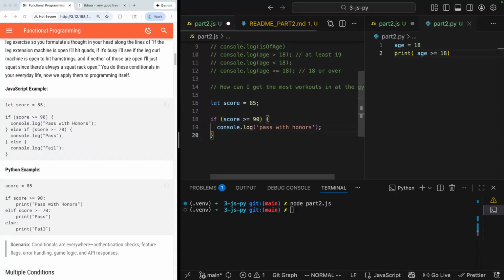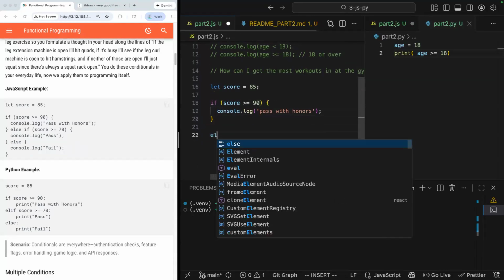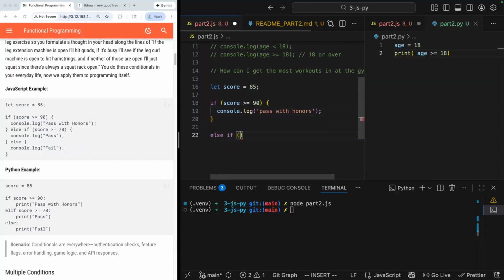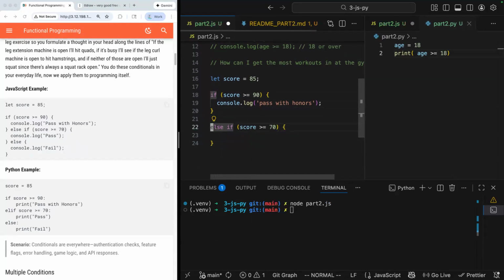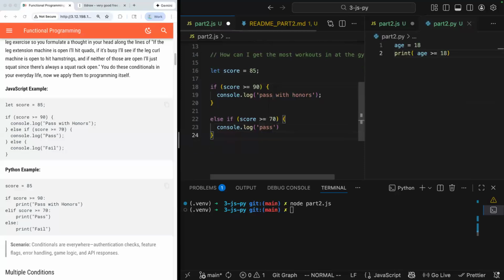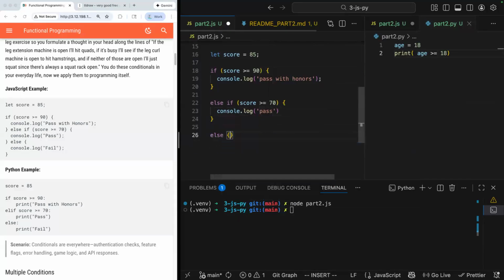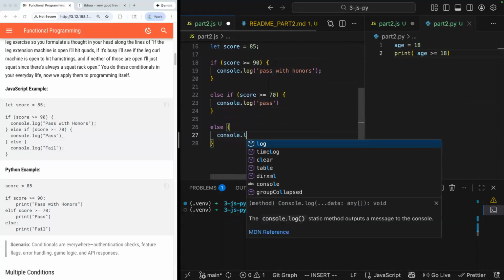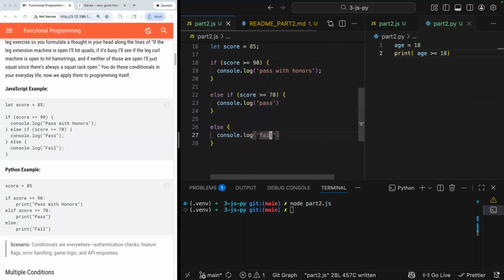Now that this works, let's add on the next bit of code and let's do else if score is greater than or equal to 70. And note that you can put the else if over here on its own line if you want. You can put it over there if you want. It's really up to you. And then finally else, right? Now,